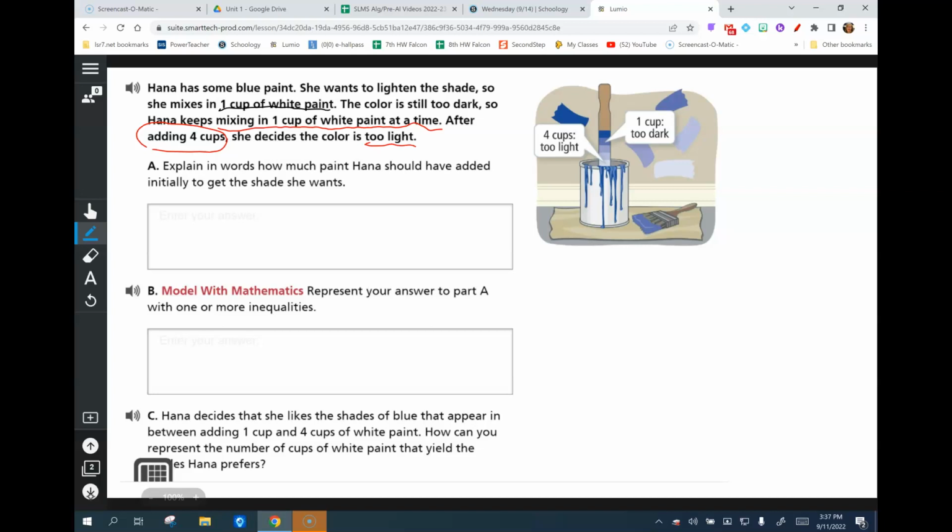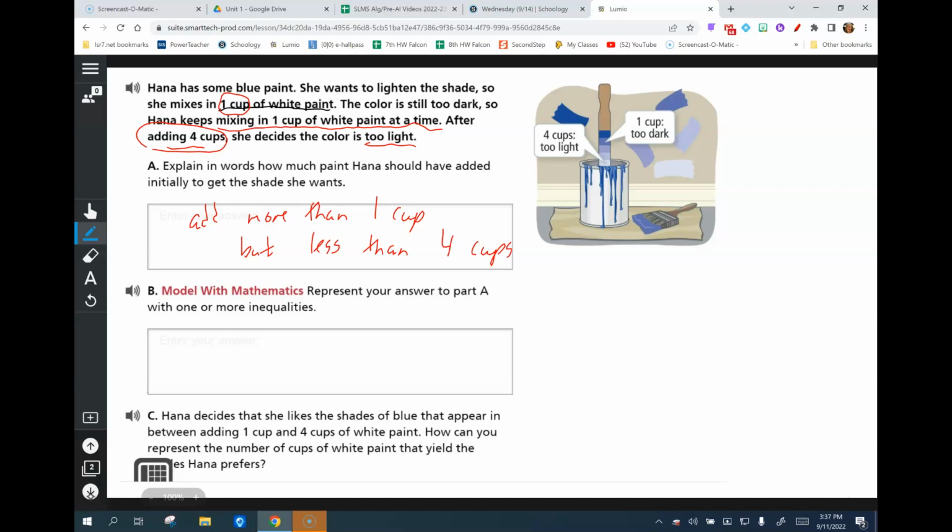So we know she needed to add at least 1 cup, and she needed to stop at 4 cups. So she needed to add more than 1 cup, but less than 4 cups. Okay, and if you saw on the last page, what we're talking about in this unit